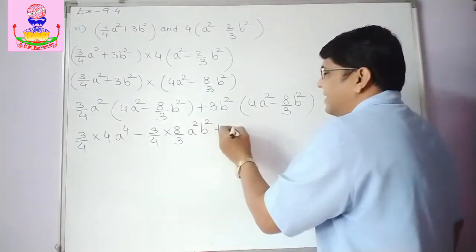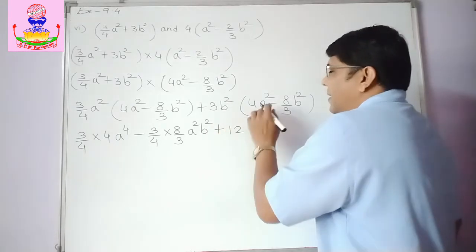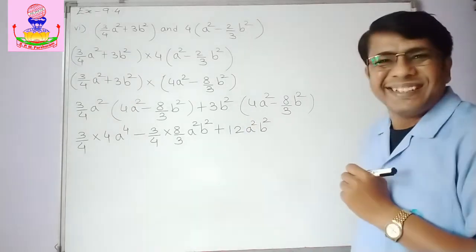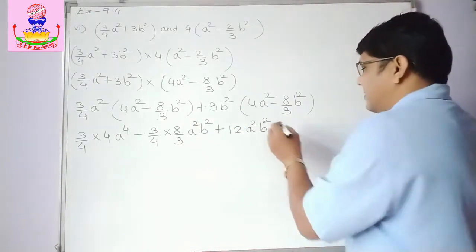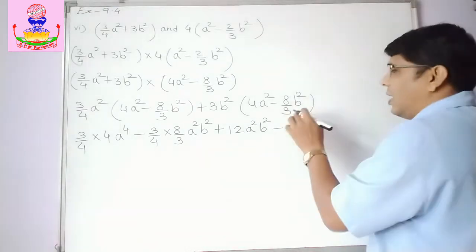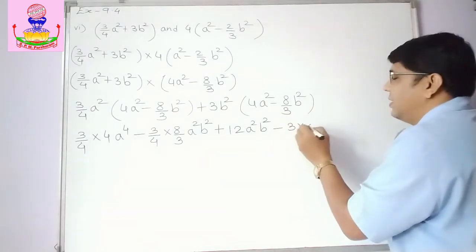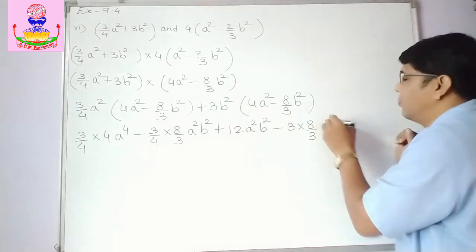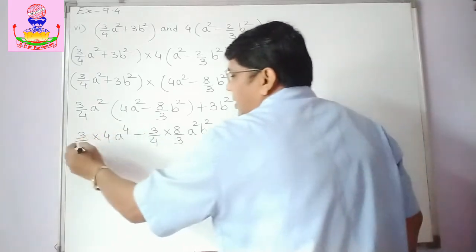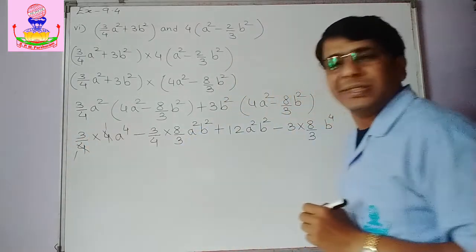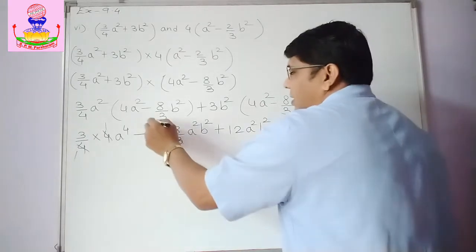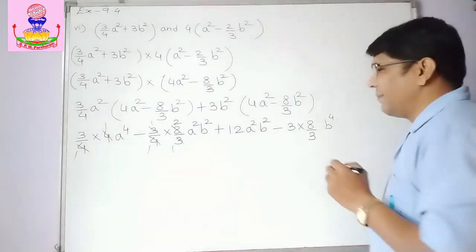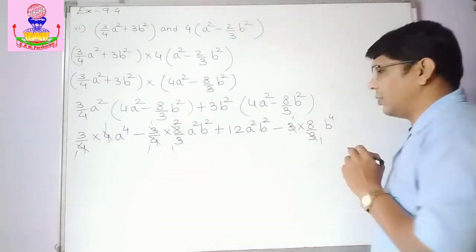Okay, now plus into plus, plus 4 3s are 12. B square a square means a square b square. Okay, then plus into minus, minus. Now, so again it is fraction. So show that 3 into 8 upon 3. B square into b square, b raised to 4. Abhi dekho, here it is multiplication. So this gets cancelled. 4 1s are 4. Right? Now 3 1s are 3. Okay, then 4 1s are 4. 4 2s are 8. Okay, now here 3 1s are 3.